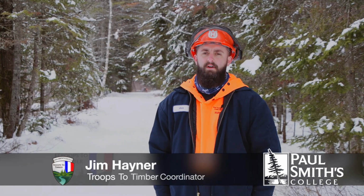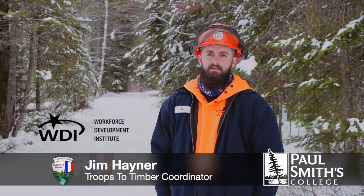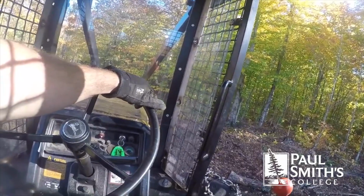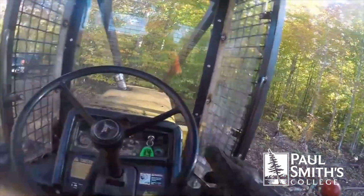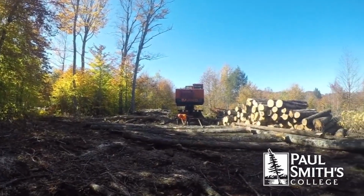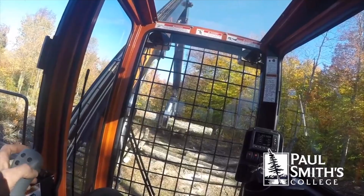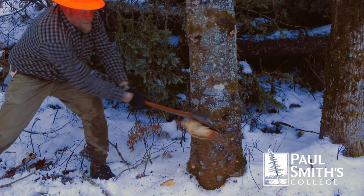Troops to Timber is an initiative that's put on by Workforce Development Institute. We take transitioning veterans from any branch of the service and we bring them into Paul Smith's and we show them what we have to offer at the college and also with the School of Logging. The School of Logging gives you a month of training on all logging practices from hand felling to feller buncher